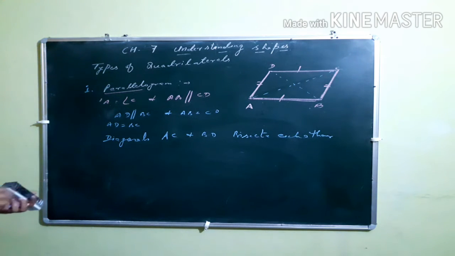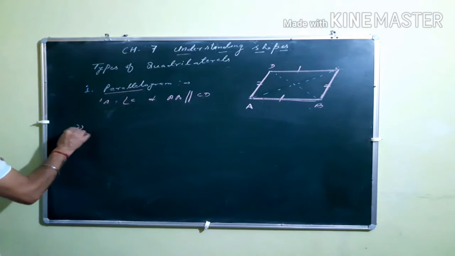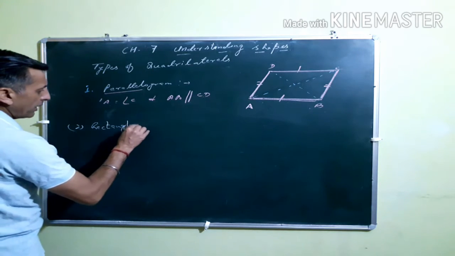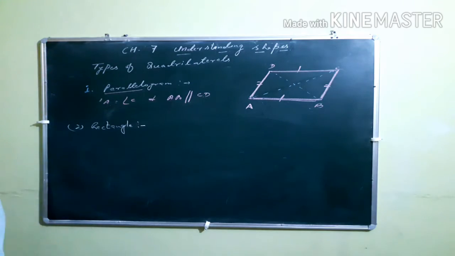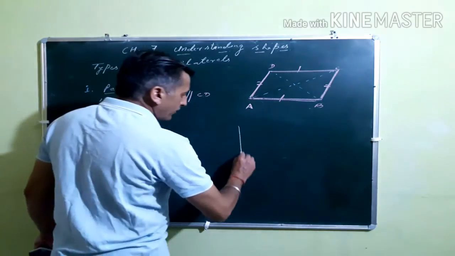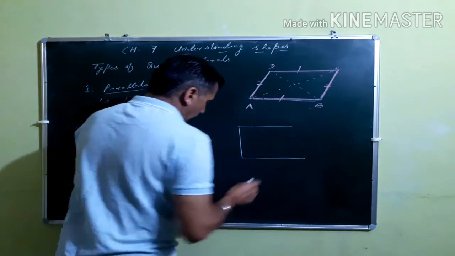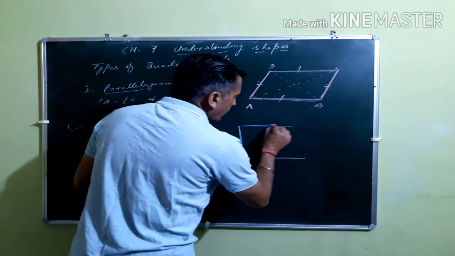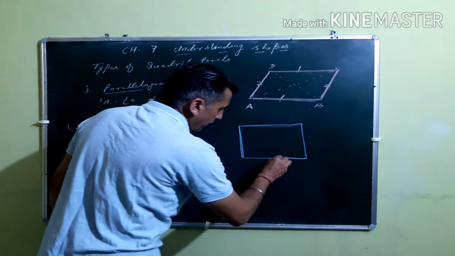And now after this I am going to discuss your rectangle. I am going to rub this one. So the second part is your rectangle. It is very clear by its name. I think everyone knows what a rectangle is. Rectangle means a figure which makes angles of 90 degrees. So this type of picture is called a rectangle. Then this is again a quadrilateral, and this is again a parallelogram.